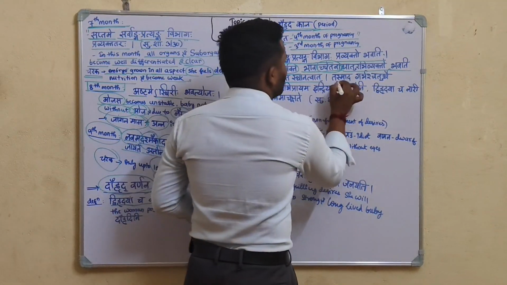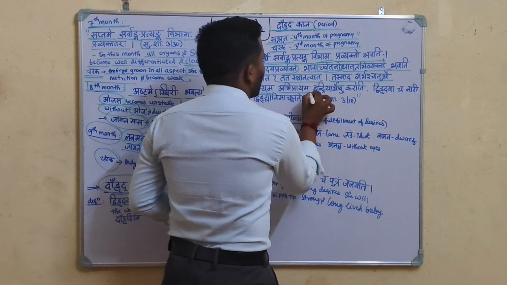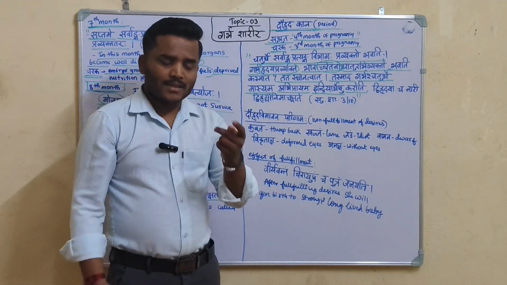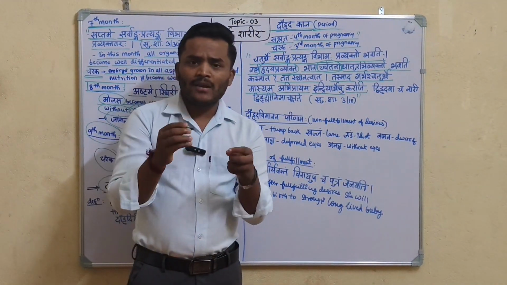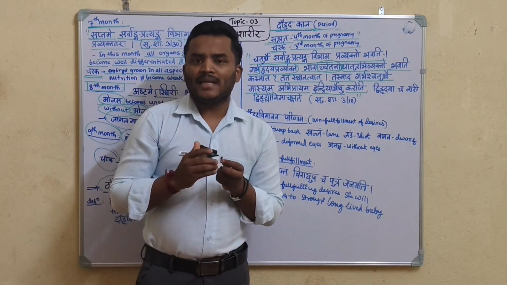Kasmat tat sthanatvat tasmat garbhas chaturthe masi abhiprayam indriyartheshu karoti. When this heart is developed in the fourth month, the desires of the fetus